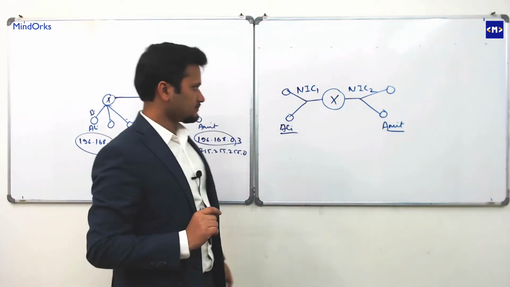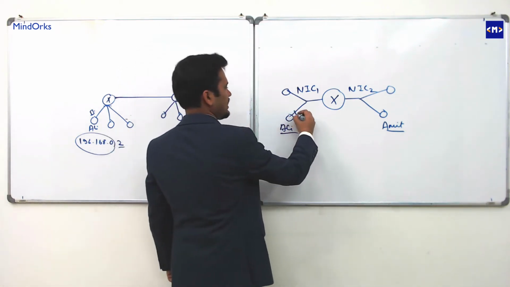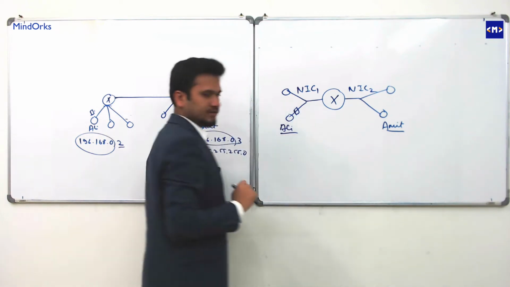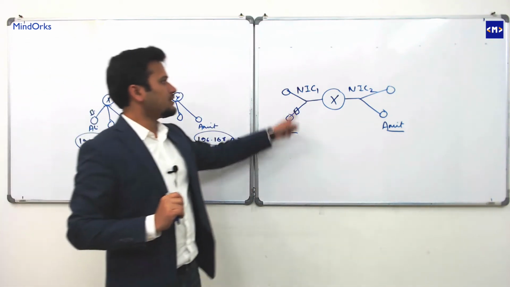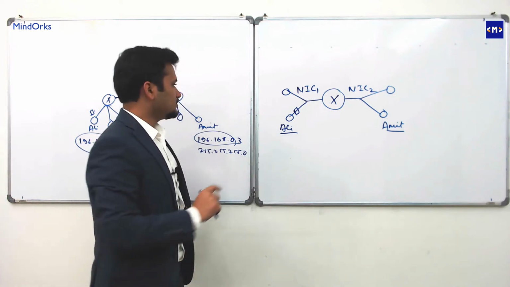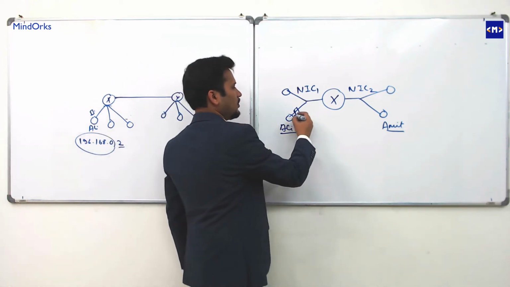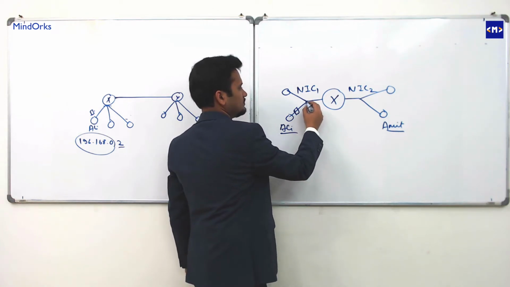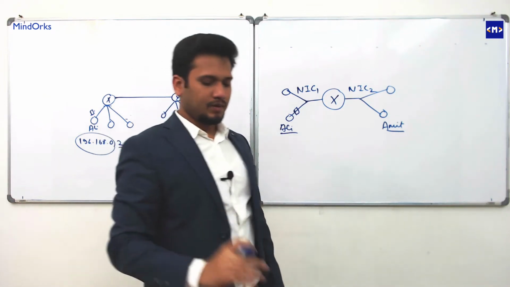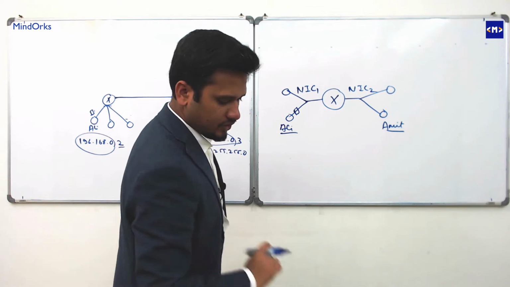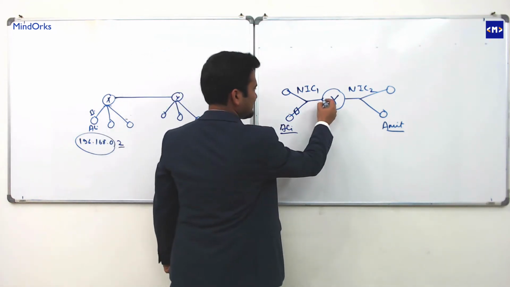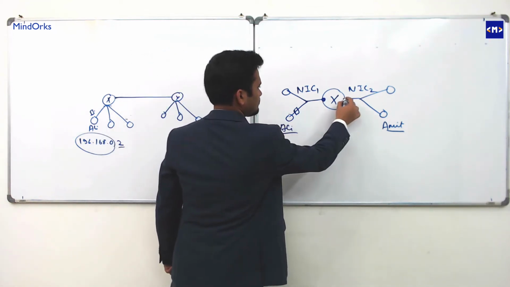I don't know the address of Amit, and this network does not have the address of Amit, so I'll send this message to the default port, and the default port is the port of the default IP